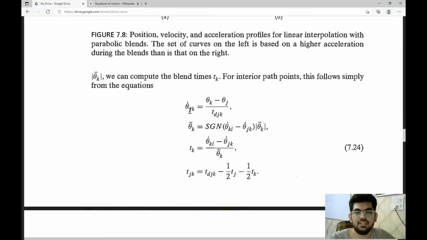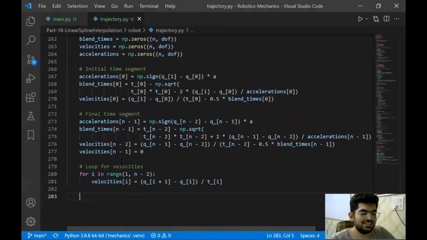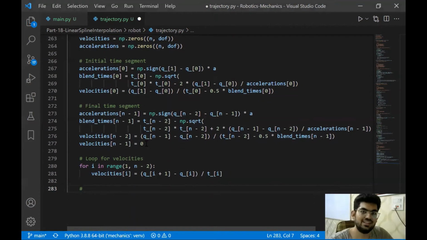For instance, we have theta dot jk calculated over here, and the theta dot kl value of this acceleration is going to be calculated in the future. Therefore, in order to calculate this theta double dot acceleration, we need the future values as well. That's why we are going to compute all the velocities first, and then we're going to compute all the accelerations and the time blend, so we can use the future values as well. So yeah, there is some kind of inconsistency and some difficult thing to understand, like the values are just here and there. That's what was making this whole linear parabolic blend thing very tough to code.